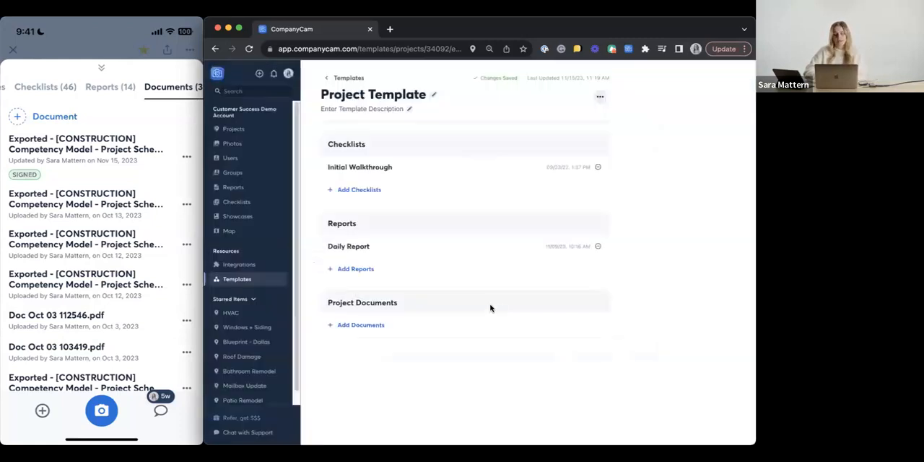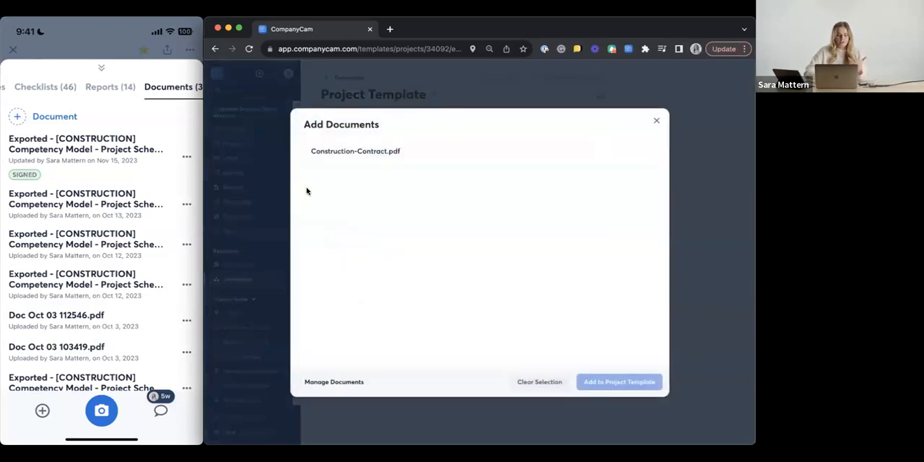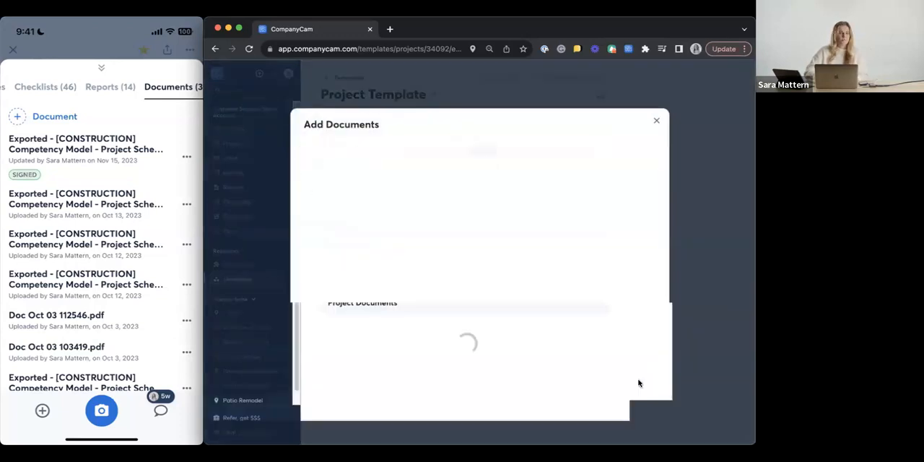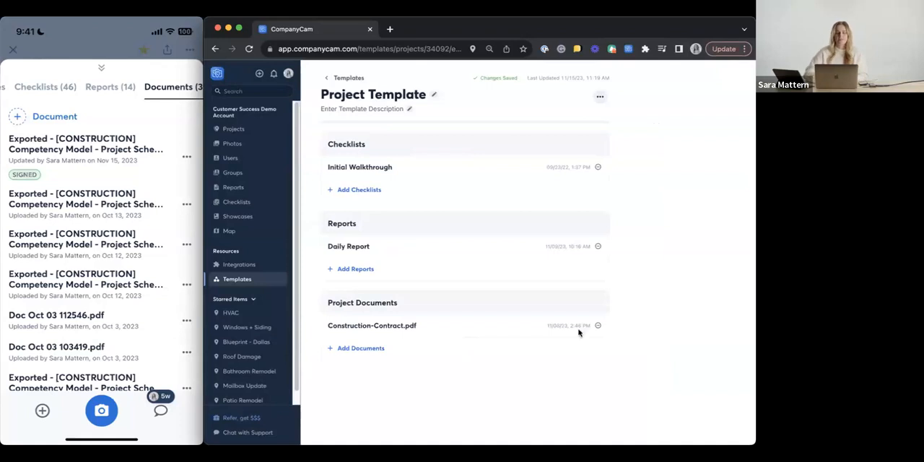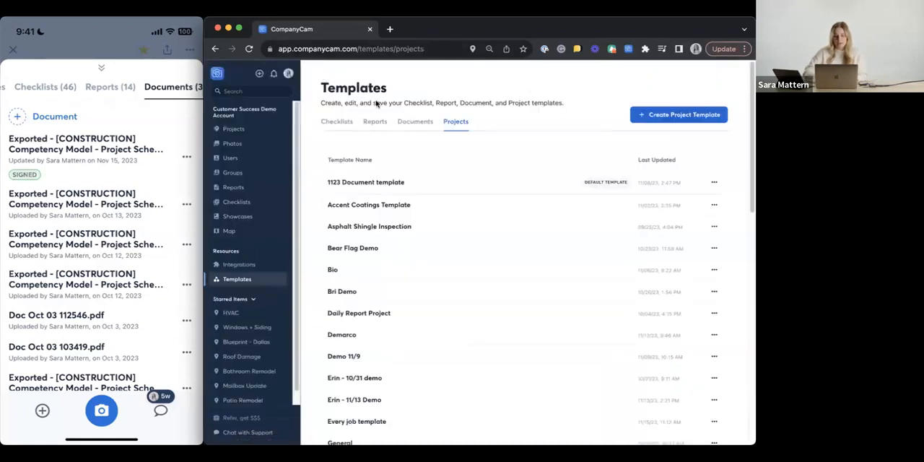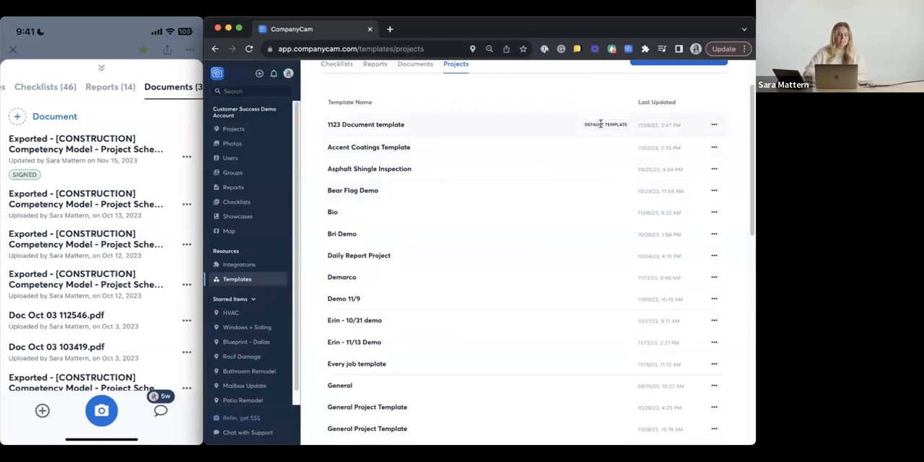Let's bring that into my project template. And then I use my construction contract on every single job. Perfect. So you can save this as like your general project template, whatever you would like. You can have multiple. And if we hit this back caret here, you'll see that we do have a default